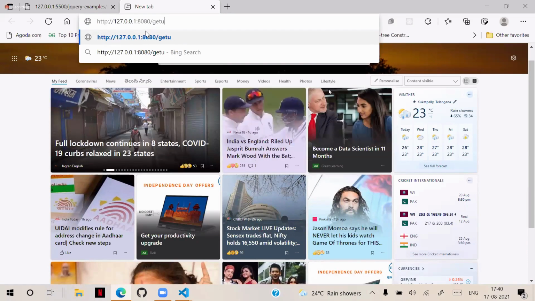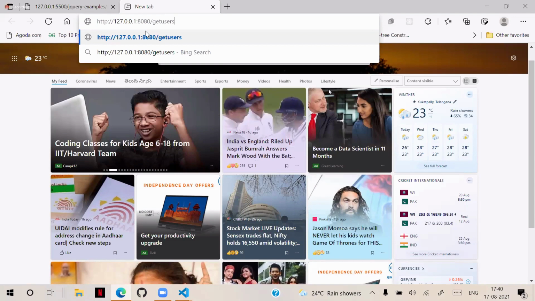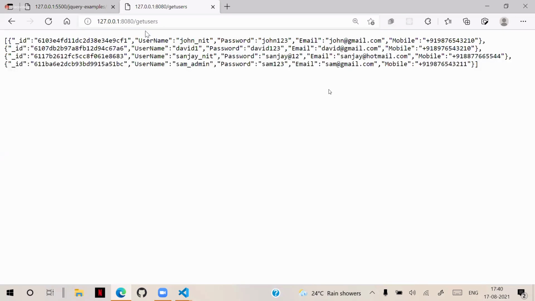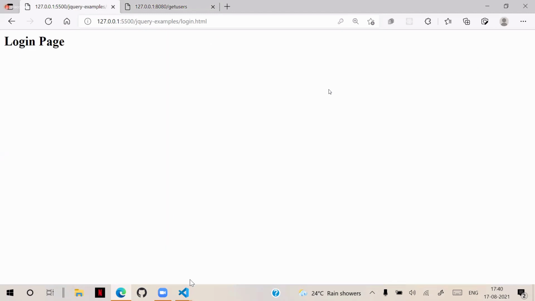And it should get all the users. In this, users is an array. You can observe in this users, we have username and we have password. We need to verify this username and password. If username and password are correct, matching, then give access. Otherwise, say invalid.